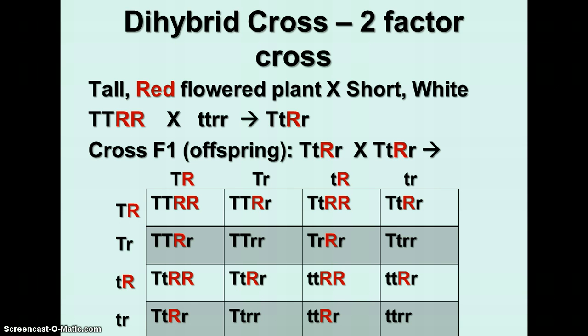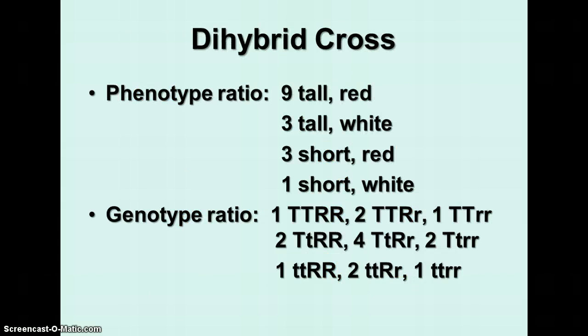So take a minute, pause the video, and count up how many of each genotype and each phenotype that you have. The phenotypes are going to be tall red, tall white, short red, and short white. And you can look at the different genotypes and figure out the different genotypes. So pause for a minute and write those down. All right, so you should have ended up with a phenotype ratio of 9 tall red, 3 tall white, 3